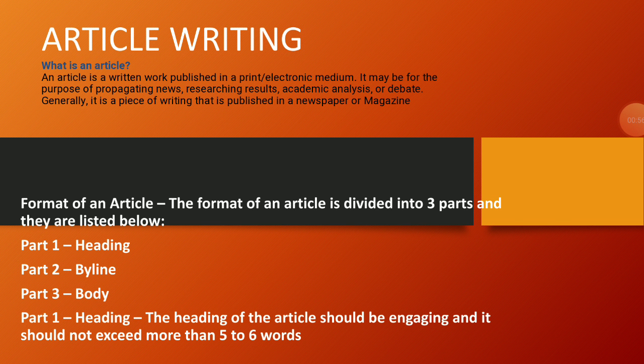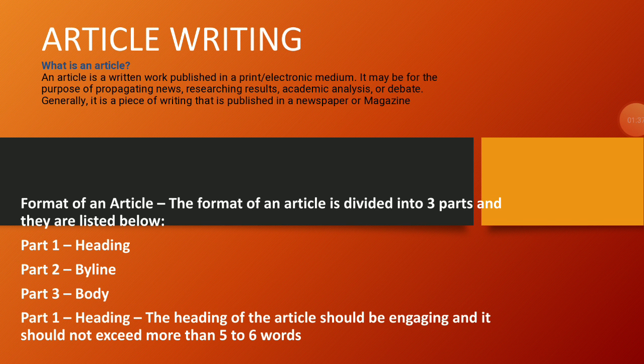Okay, and I have discussed the three types of essays which are most common to you in your ISC paper. So that is why I had discussed those in detail. And today I'm going to discuss article writing. You know that article writing falls in question number 2, where you have two questions out of directed writing. One is a proposal, which is mandatory for you to attempt, and another one has many options, but in the exams you will not have any options. Only one question will be coming, so you have to be prepared with all the different types of directed writings.